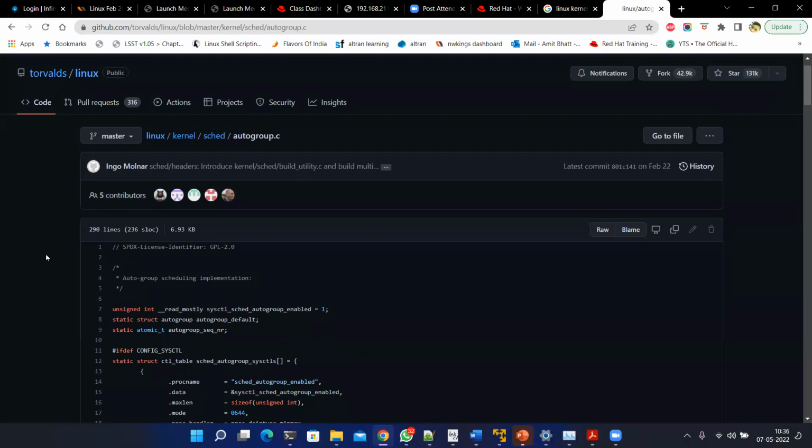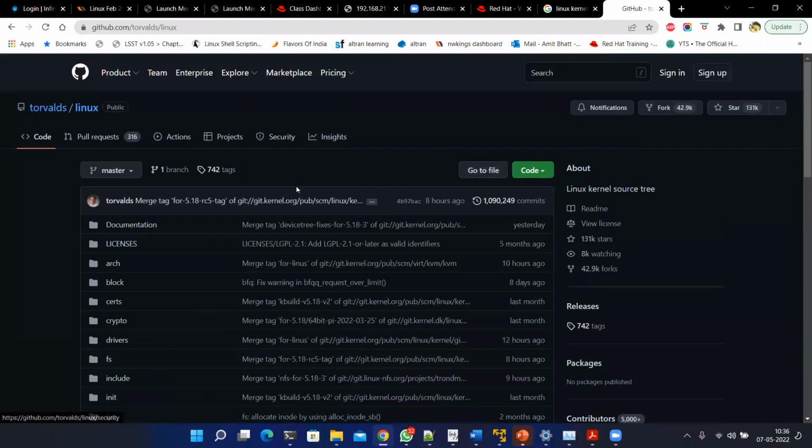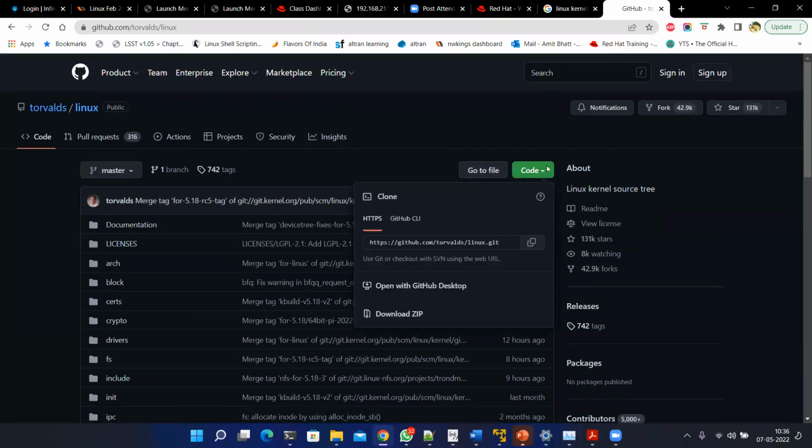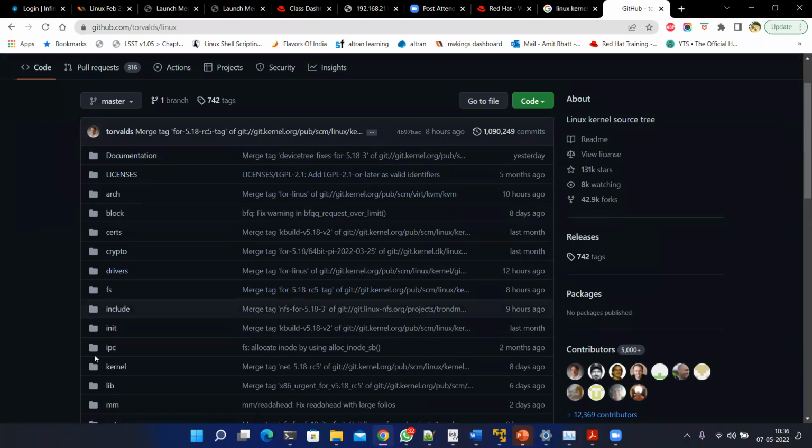So this is the power of open source. You can also contribute to Linux, although this is a completely different topic. But yes, this is a possibility. Those who are interested in coding and programming can also try this out. And if you want to download this source code, you see this green Code button. Here it is, Download ZIP. The entire Linux source code you will be able to download, and you can check whatever files are there. So this is the project of Linus Torvalds.